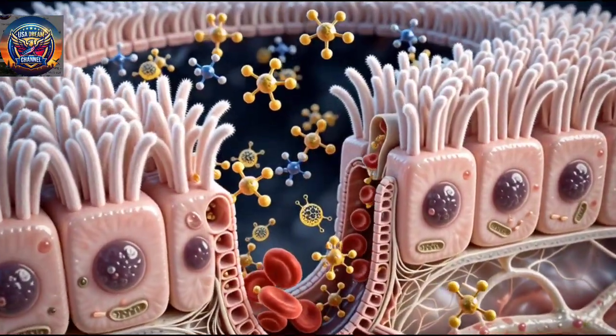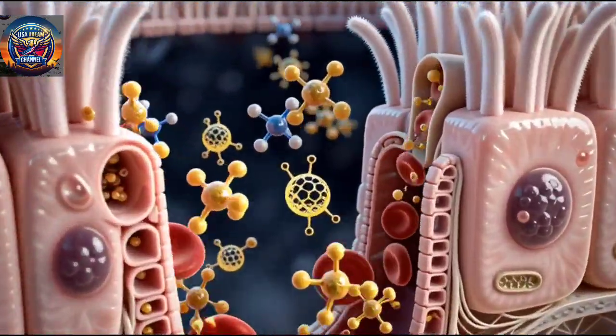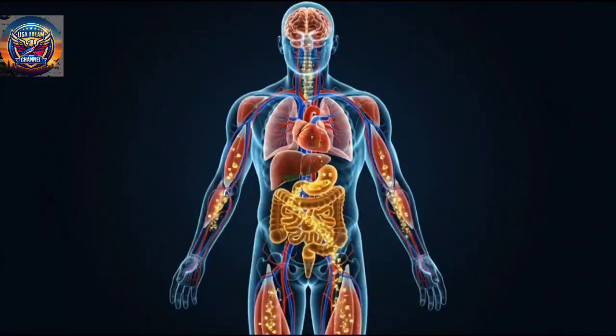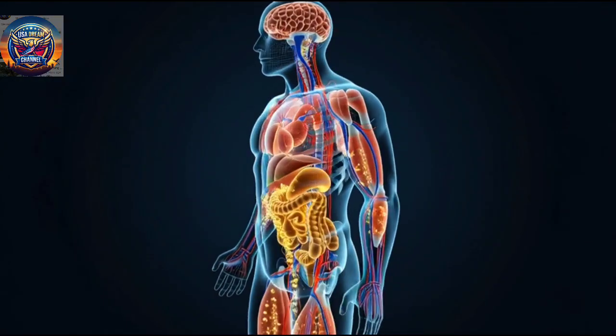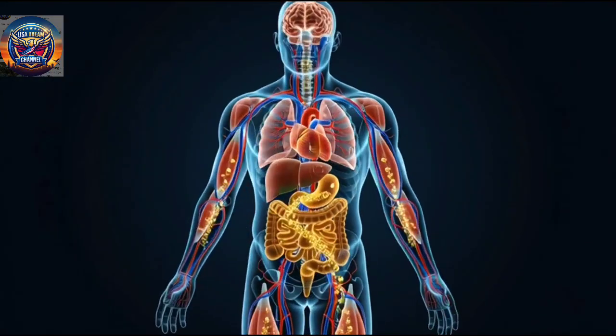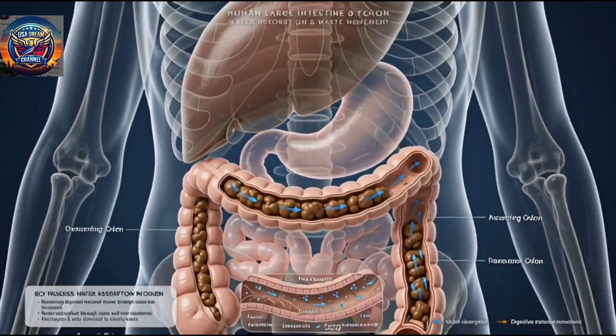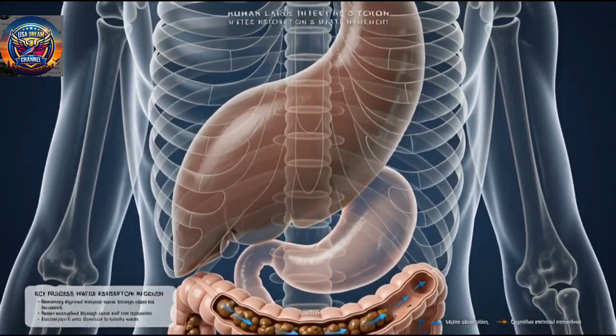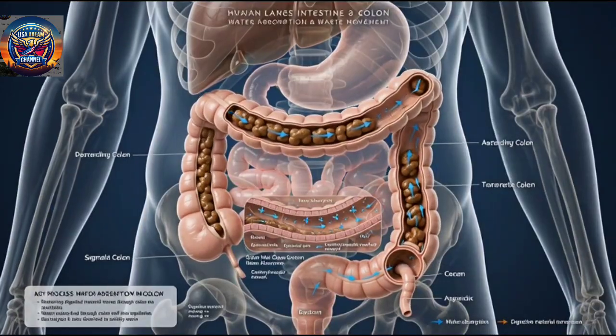The liver produces bile, while the pancreas releases digestive enzymes. These substances help break down fats, proteins, and carbohydrates. Digestive enzymes break carbohydrates into simple sugars, proteins into amino acids, and fats into smaller components that the body can